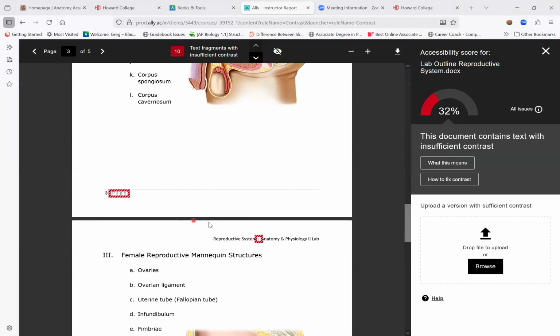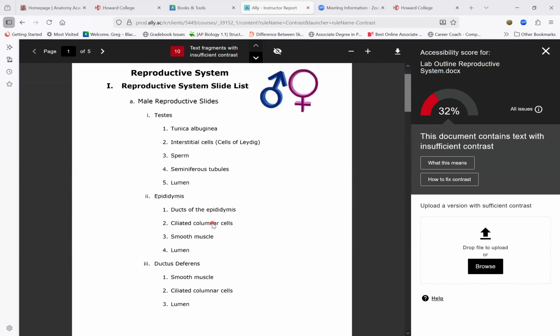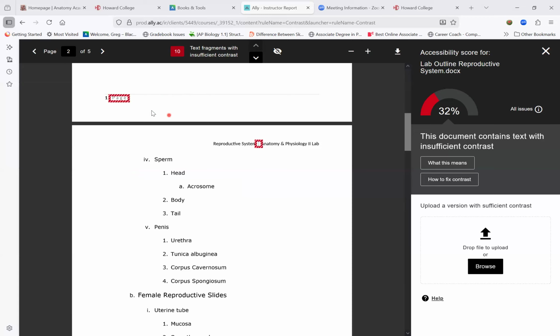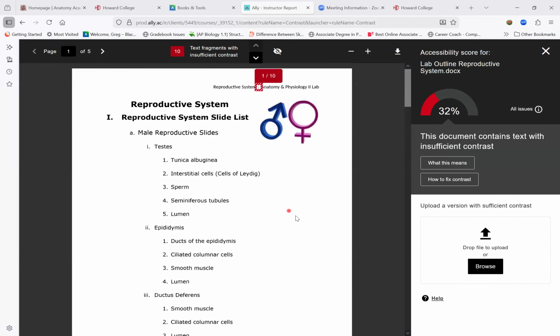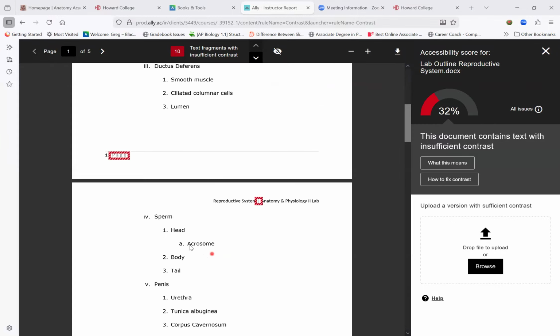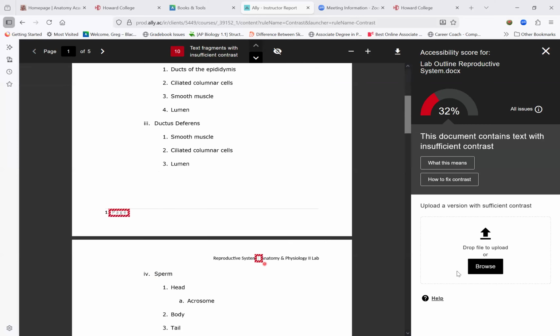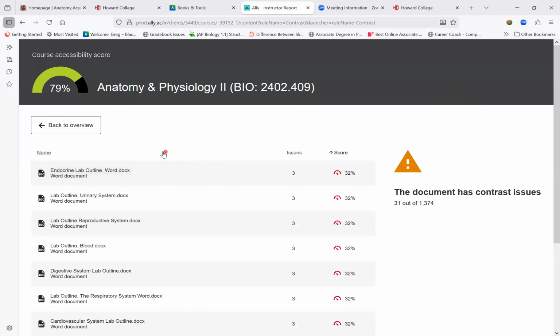And basically, Ally, these are kind of nitpicky. It doesn't like the page numbers at the bottom. It's a contrast thing. Sometimes if it's a Word document, if this was not in Ally, it would give you the option to fix any contrast issues. You just basically make everything black. These page numbers are kind of light colored. That's really kind of nitpicky. But basically I would take this, download it. I would probably just take the page number out or change the color, and then I just upload it again. So that's what I'm doing, and that's how we check